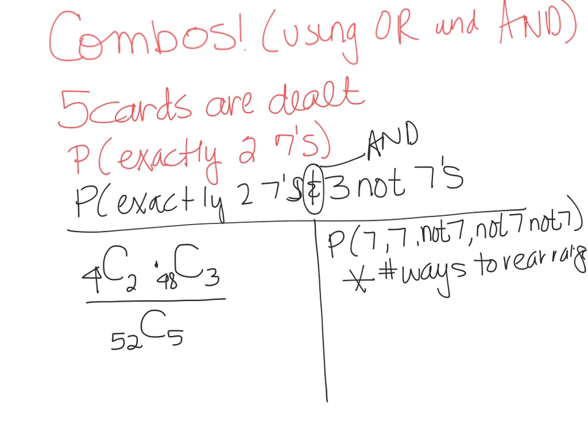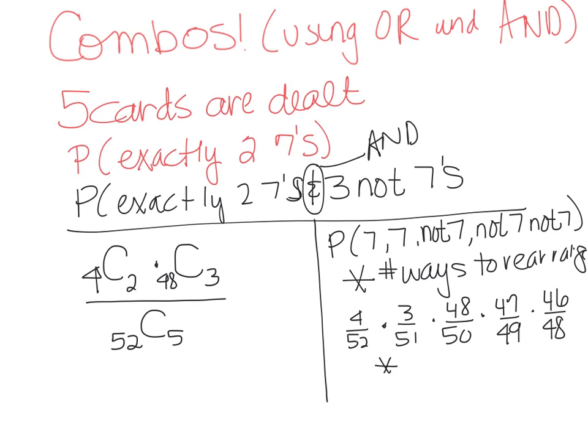All right, so let's calculate this conditional probability. The probability of getting the first 7 is 4 out of 52, times the second 7, 3 out of 51, times something that's not a 7. Well, there are 48 cards that don't have a 7 on them, but there were only 50 cards to choose from. So then there were 47 with 49 to choose from, and then there were 46 with 48 to choose from, times the number of ways to rearrange 5 cards is 5 factorial, but don't forget